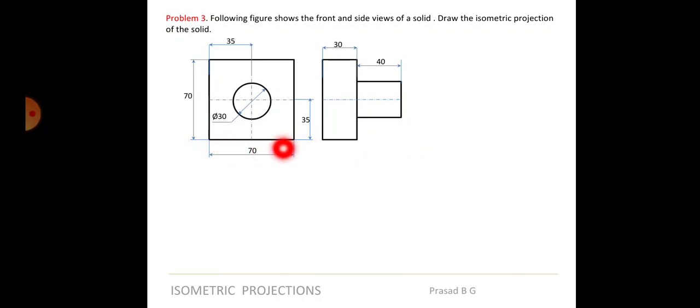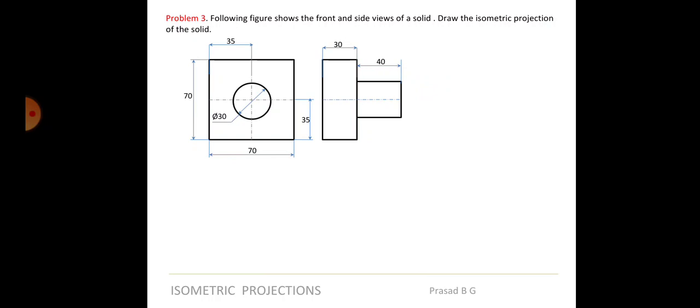So it's a square, so it becomes easier again. Square 70 by 70, and you have the circle or cylinder whose diameter is 30 and its length is 40. So individually we have done this solution, right? I have explained this in the previous class. I have told you how to draw a cylinder whose diameter is 30, height is 40, and a square prism also I have told you, whose base side is 70 by 70 and its thickness is 30. Now we have to do them together.